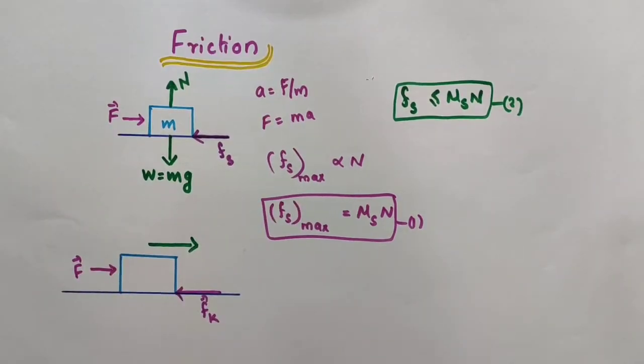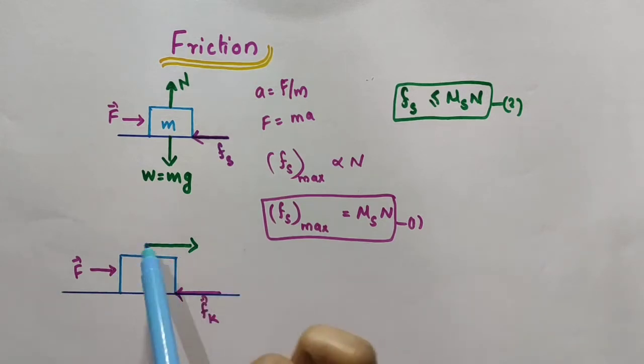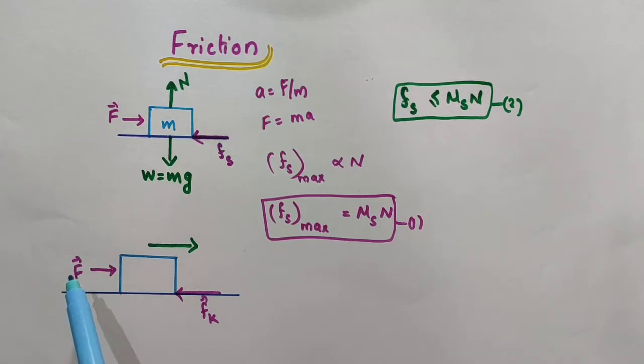What is kinetic friction or dynamic friction? The frictional force that opposes the relative motion between the two surfaces in contact is called kinetic friction or sliding friction. It is denoted by Fk. You can consider a body here. It moves on this horizontal rod or ground or whatever it is, on a horizontal plane, so it is moving along this direction. There is an external force vector F acting on this body.